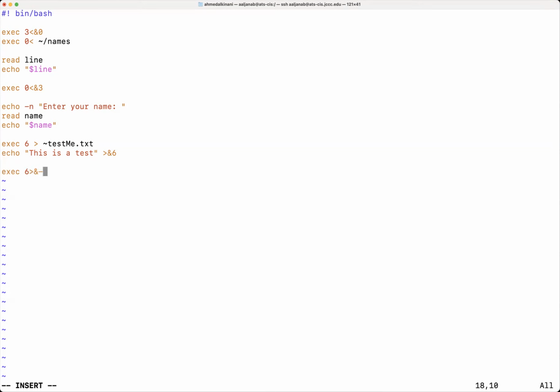That way, after you're done with this operation, this file descriptor is not available for you. So I cannot come here and type echo, this is test 2, and direct it to 6 after this command. So this is how you close the file descriptor, so you will not be allowed to use it anymore.